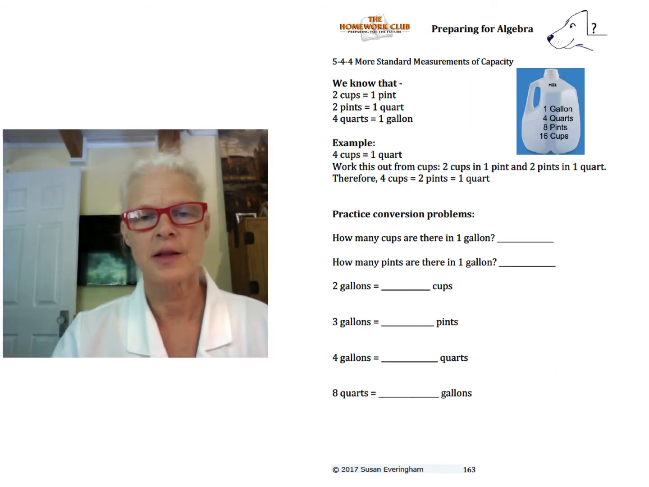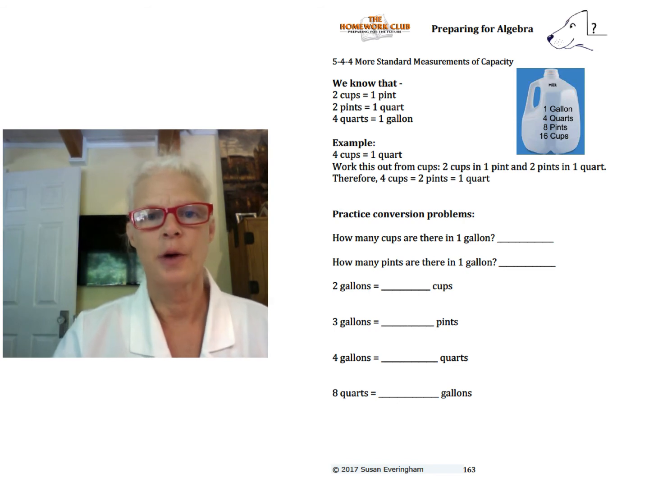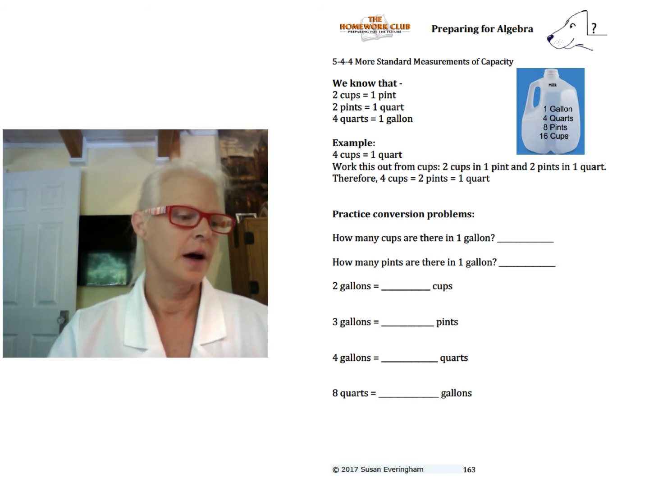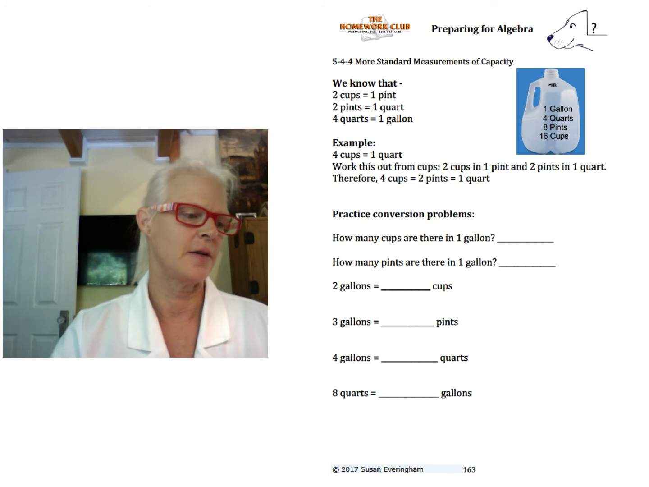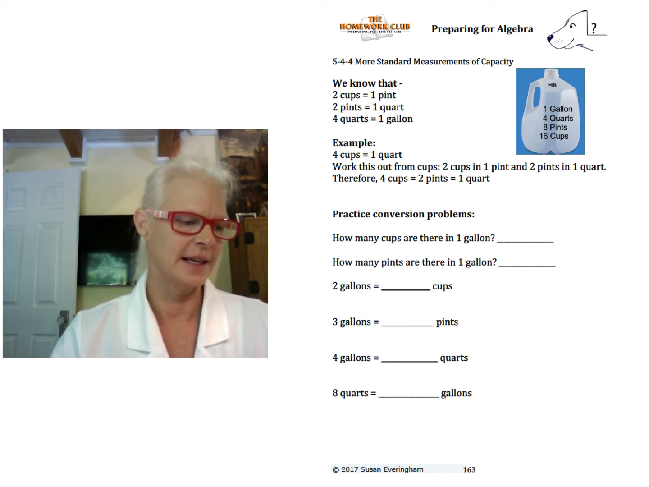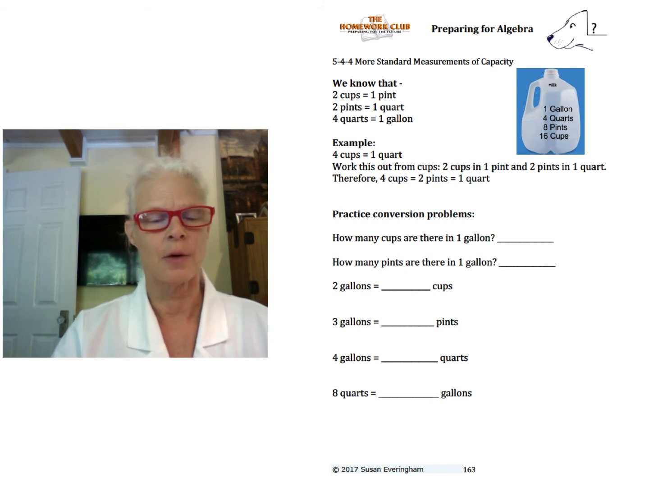Page 163 is a continuation of 162. This is measuring capacity, with the same examples at the top. 2 cups equals a pint, 2 pints equals a quart, 4 quarts equals 1 gallon. There's a really good example I want you to walk through, and practice the conversion problems below. And that finishes us on this particular little